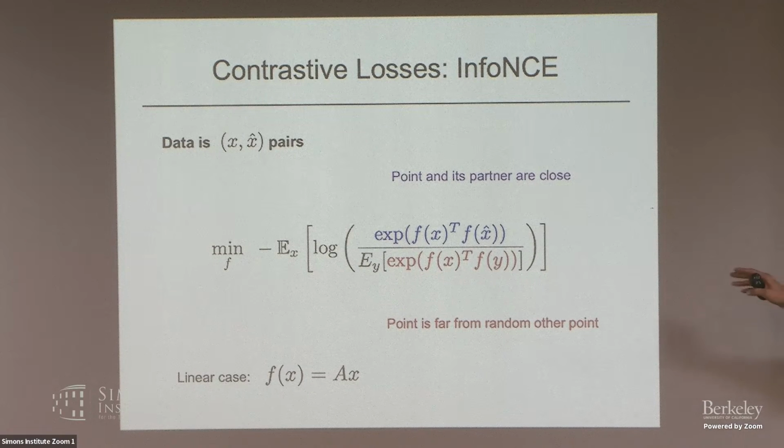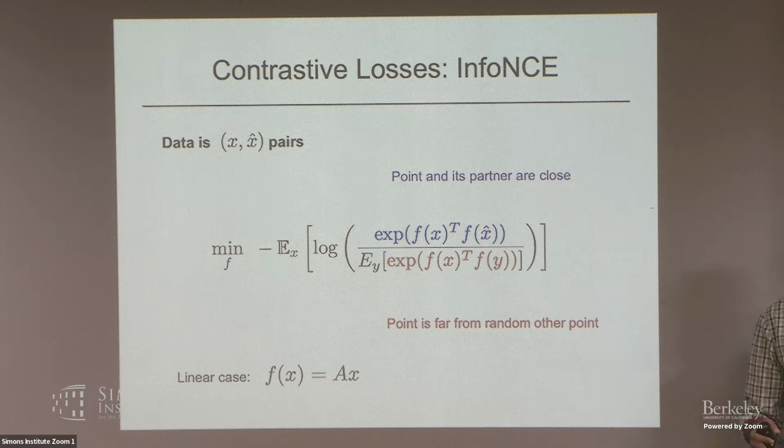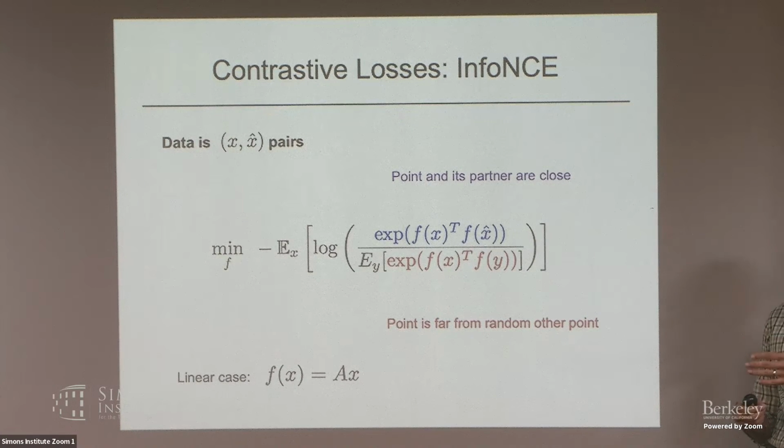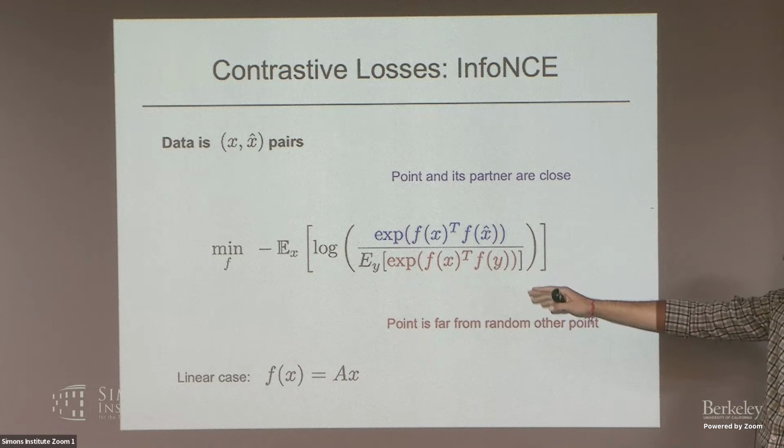Okay. So the InfoNCE loss: what is our data? Our data is pairs of points x and x hat, right? And this is the loss. So you want to minimize over f. Think of f as like a ResNet 18 or ResNet 50 body, with no prediction head, so it has a final embedding. So x is maybe an image, and f is the encoding of the image when you put it through the ResNet body, right? And so you want to learn an f to minimize its loss